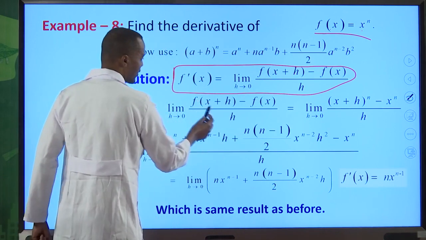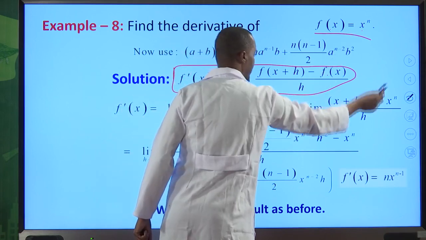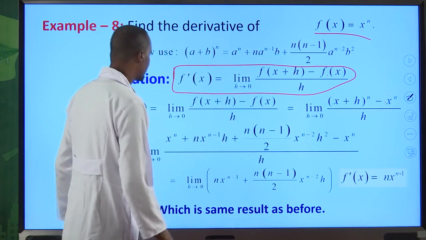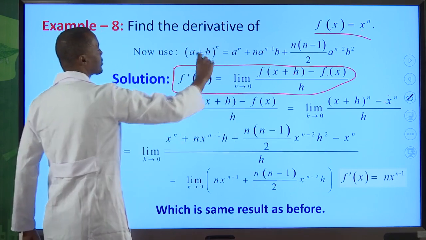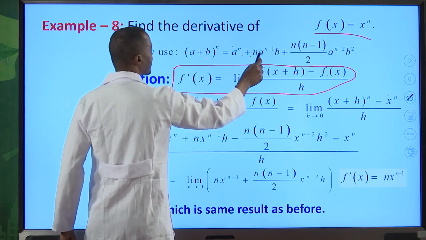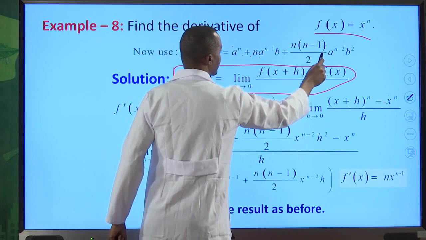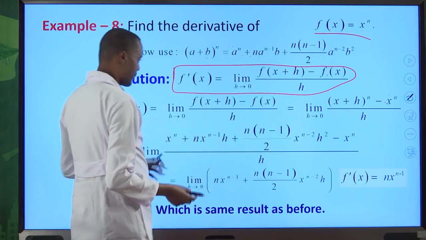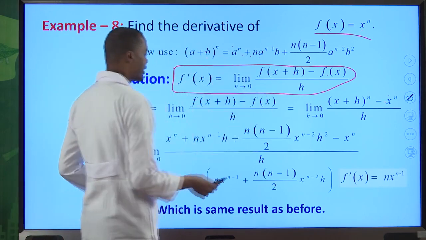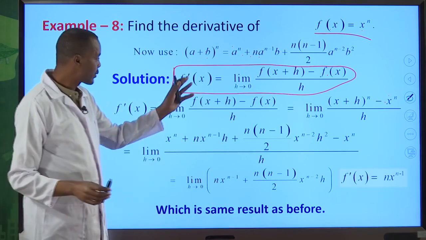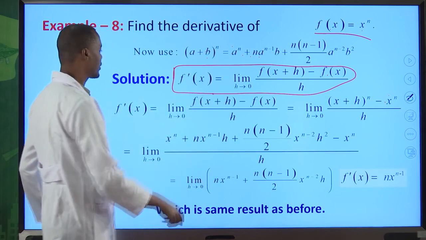So here I have x plus h to the whole power of n minus f of x, which means the same thing, minus x to the power of n. So we have this kind of binomial expansion. A plus b whole to the power of n is expanded as a to the power of n plus n times a to the power of n minus 1 times b plus n into n minus 1 over 2 times a to the power of n minus 2 times b squared. So using this binomial expansion and directly plugging our values into the general formula for the limits, that is this second, an alternative formula,